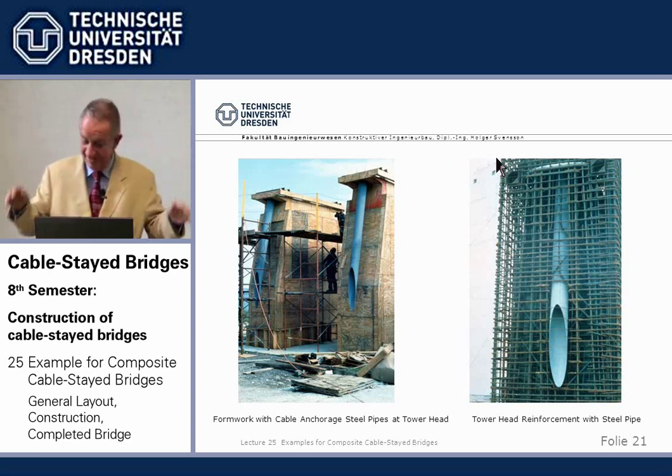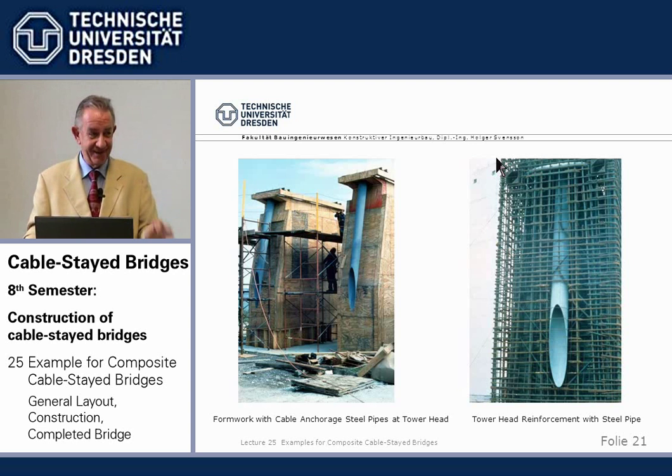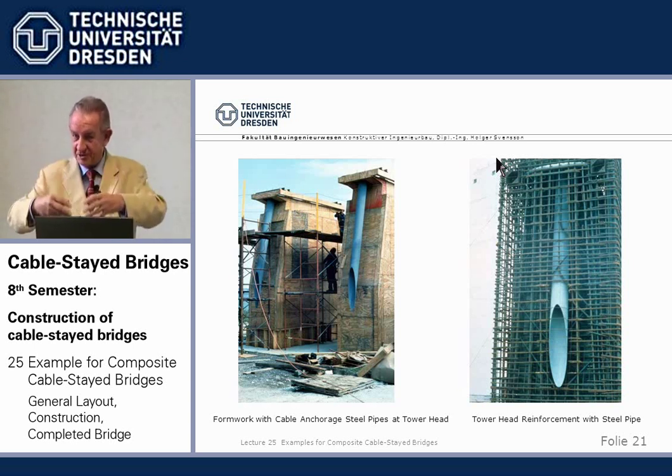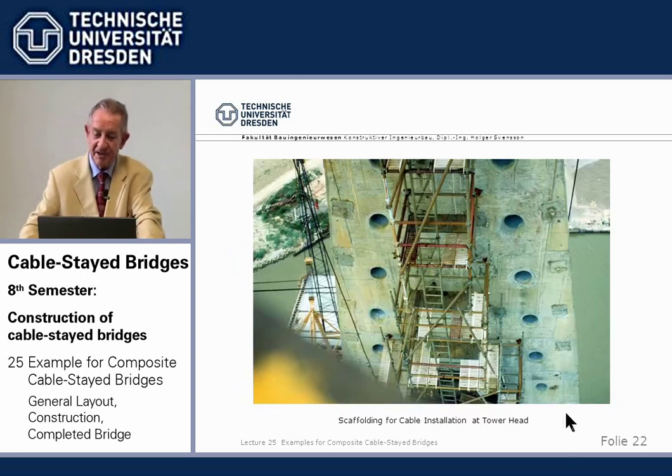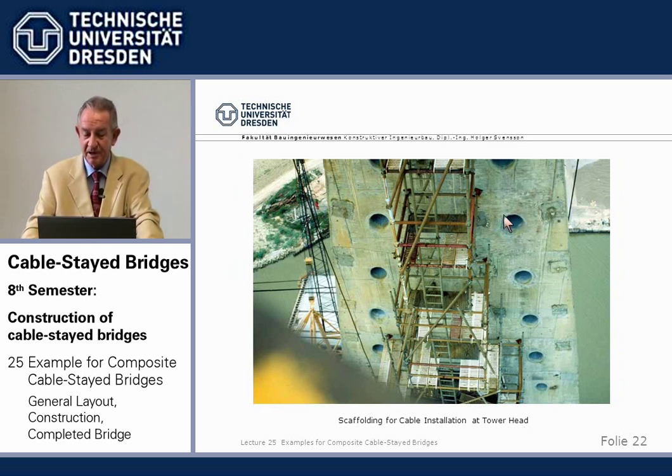I've seen it, not with my bridges, but one has to be very careful there. Of course, jumping forms, not sliding where you are under pressure time-wise. This is the completed tower head. We see here how the steel pipes come out, and these are the anchorages of the loop